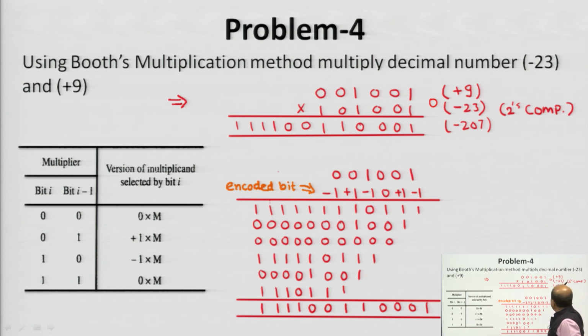When the multiplier is negative and the multiplicand is positive, we simply do this operation, multiply by minus 1, that means we are complementing the multiplicand values, and in the remaining bit positions we will copy 1, and we multiply 0 in this. If we multiply the next bit, that is plus 1, in the case of plus 1 we simply copy the multiplicand values and the remaining positions will be 0.